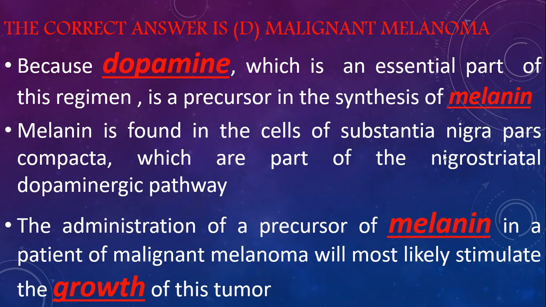Malignant melanoma, because dopamine, which is an essential part of this regimen, is a precursor in the synthesis of melanin. Melanin is found in the cells of substantia nigra pars compacta. Substantia nigra pars compacta is part of the nigrostriatal dopaminergic pathway. The administration of a precursor of melanin in a patient with malignant melanoma will most likely stimulate the growth